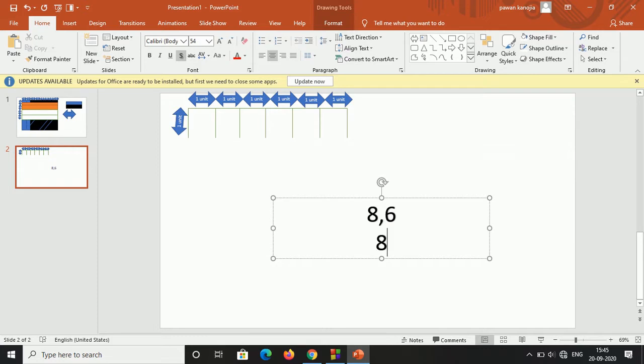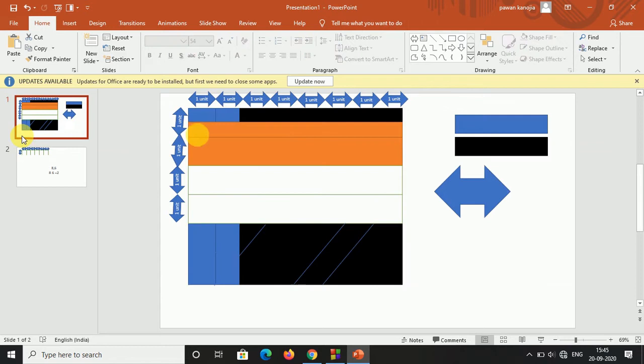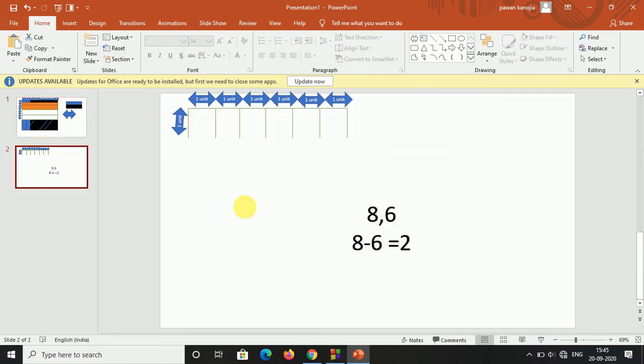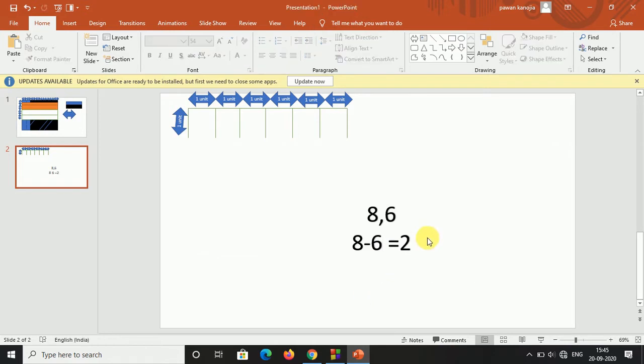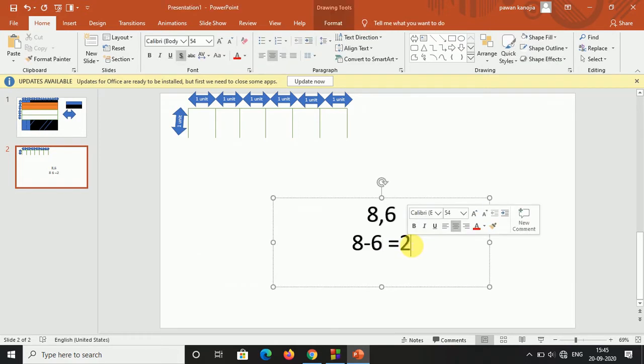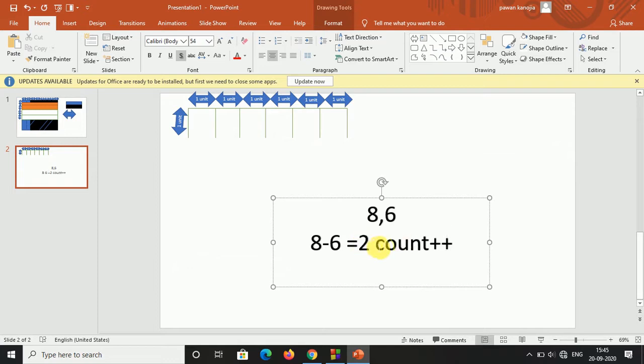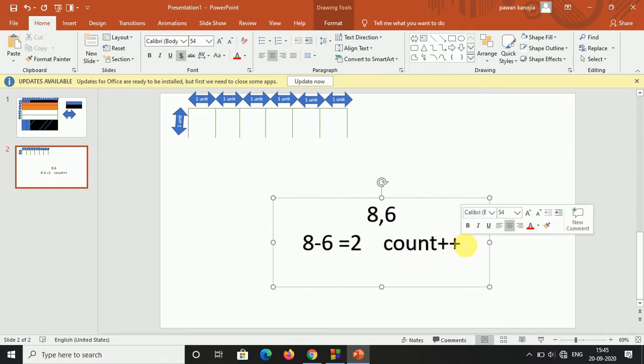Means 8 minus 6, the value would be 2. Means 2 panels I have to fold over here, 1 and 2. So only in one move. So in one move I will count plus plus this way. Count plus plus. Okay, only one move in a single move.